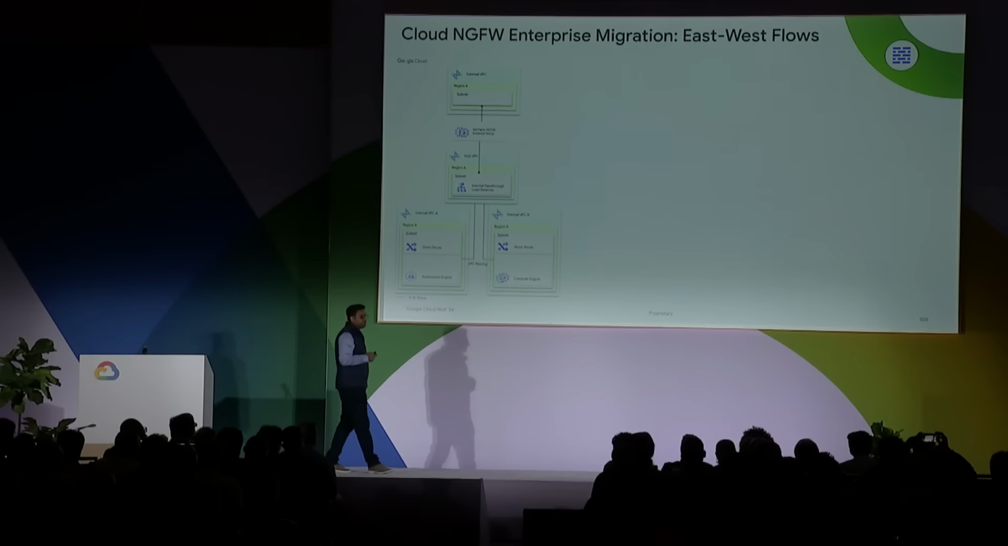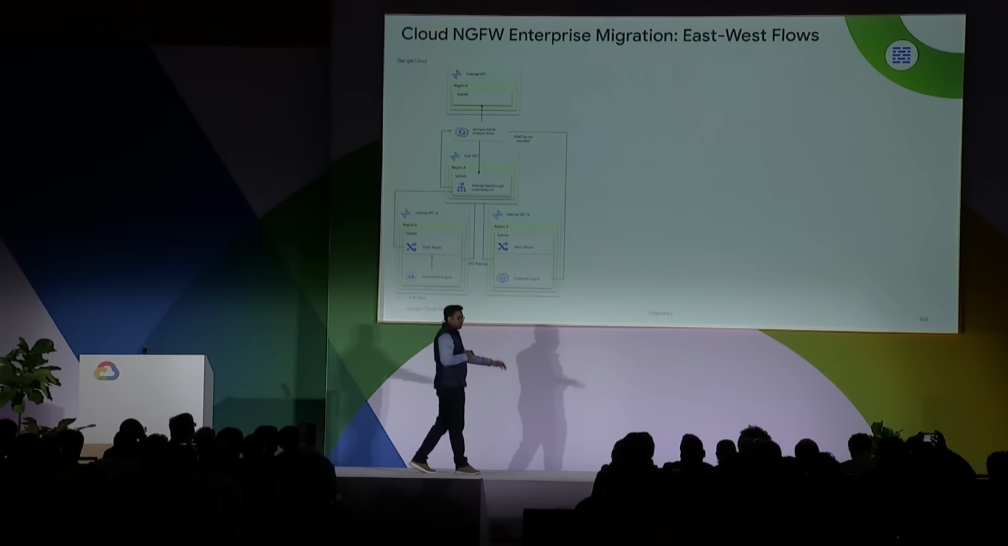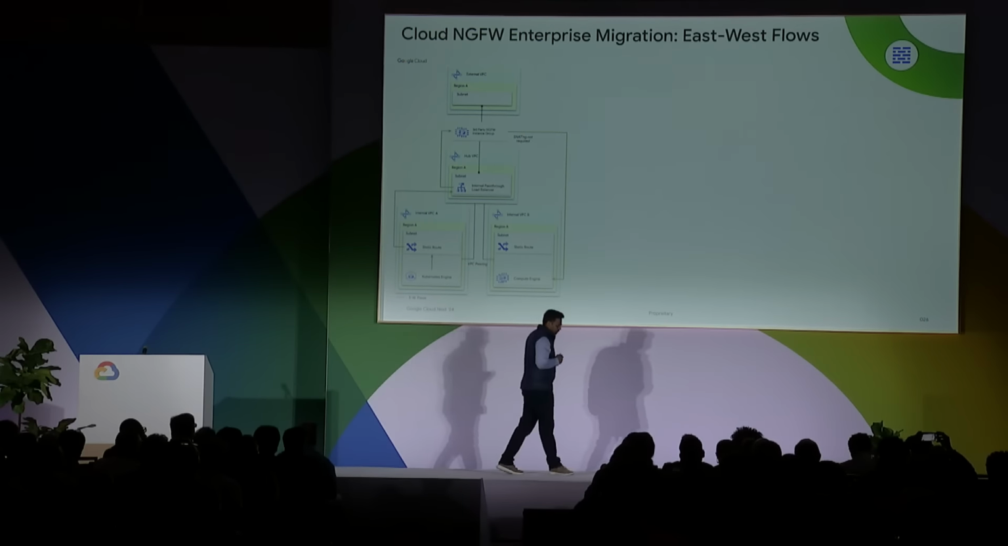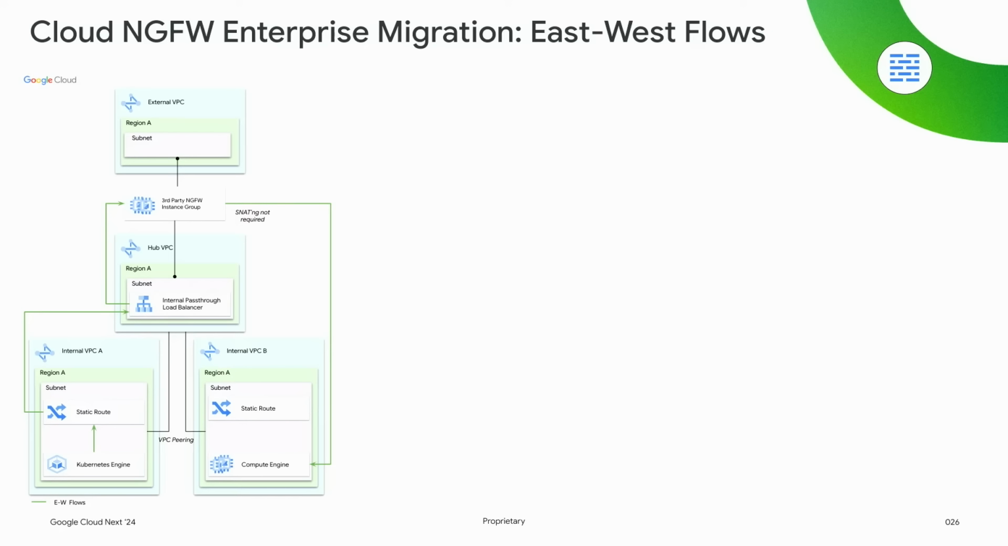Similarly, for your east-west traffic, it's simple. For your NVA example, similar to your internet egress, traffic has to go through some sort of static route manipulation to go to your pass-through load balancer. You don't have to do source NAT in this case because Google Cloud supports symmetric hashing, so it automatically knows which flows have to be sent to